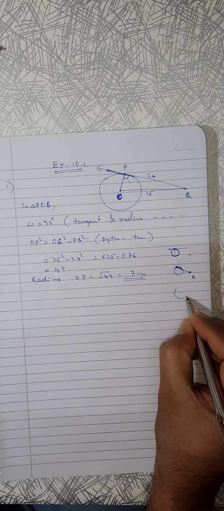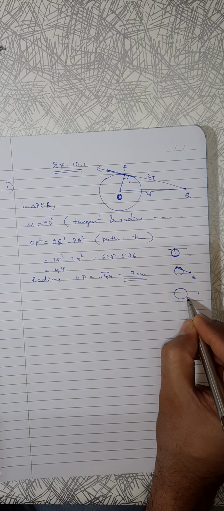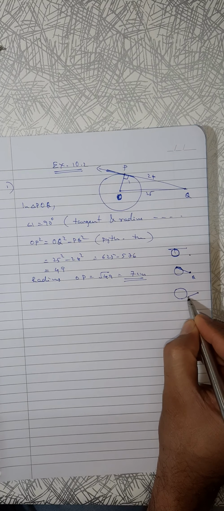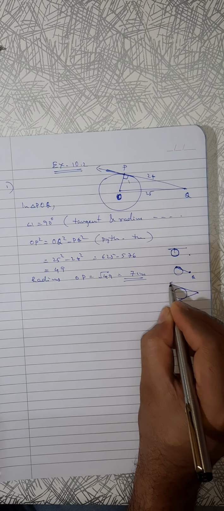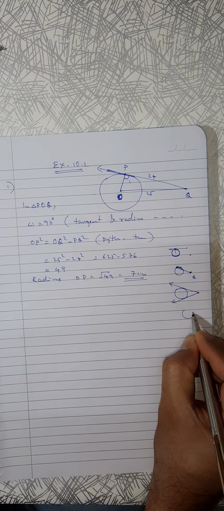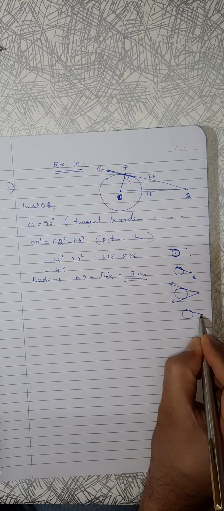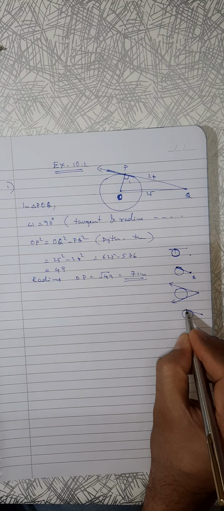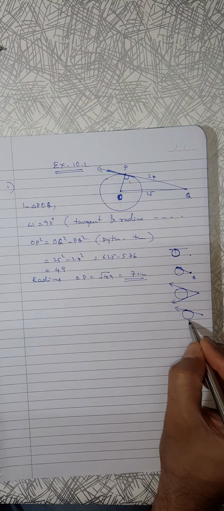So when we draw the figure, what I am trying to say is this one: when I draw, touching point will not be here, touching will be here somewhere, isn't it? Figure is going to be like this. I cannot take the point here and here the point. So when I am trying to touch it, touching is not possible. It will be a secant. Touching will be here somewhere. I hope it is clear.